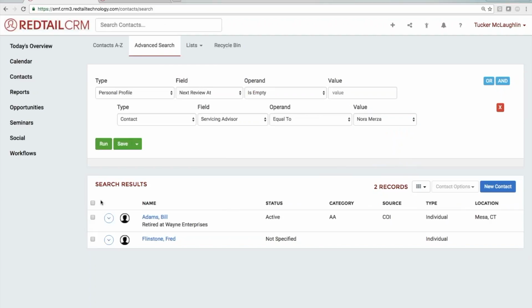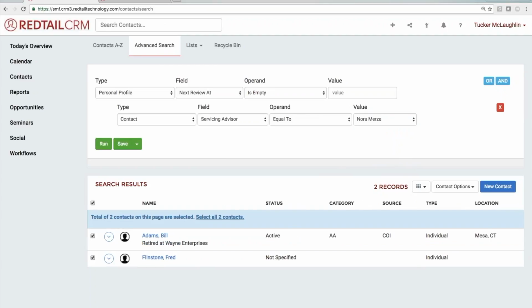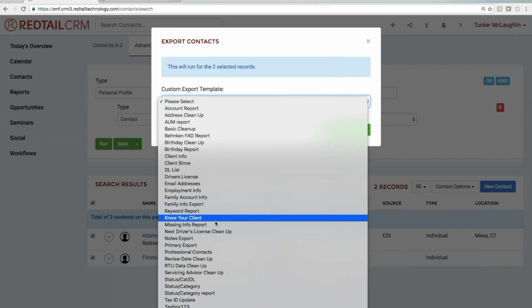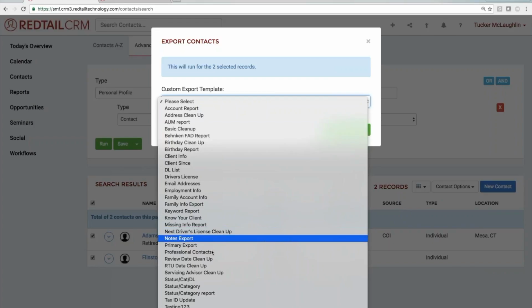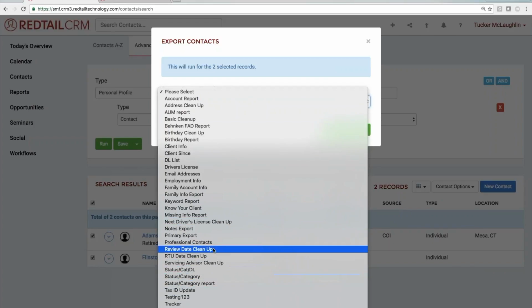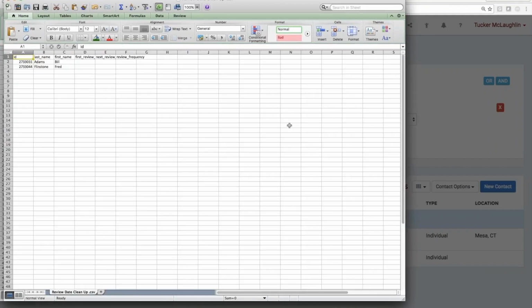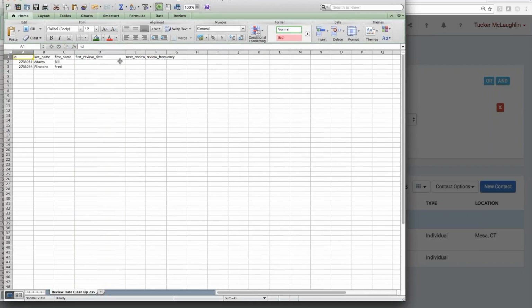So that way I can get them all in this Excel or in this search page, select them all, go over to the contact options to select on custom exports and select on that one that I just created. So I named that one review date cleanup. And I can run this export and pull this up. And what I could do now is type in the dates, send it back to us at Redtail, and then